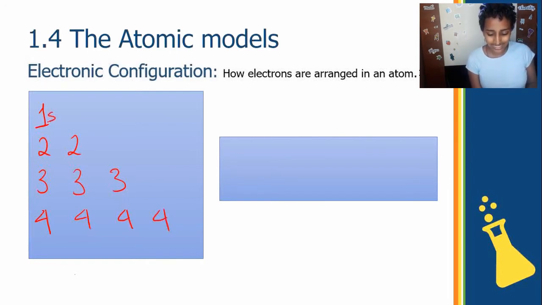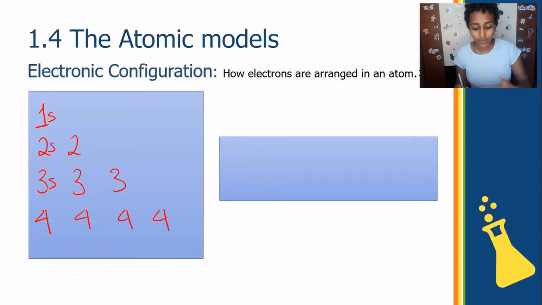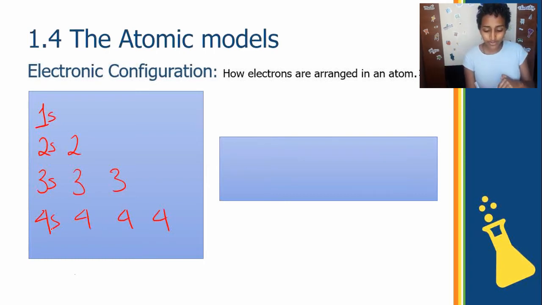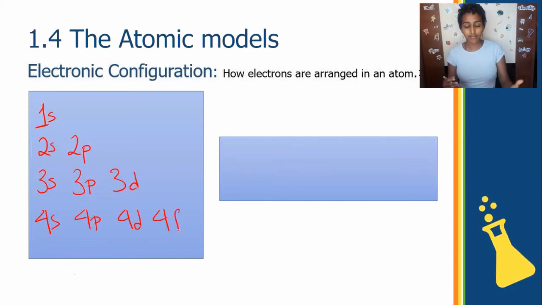Remember, you recognize S as the sublevels. If you look back at the previous table, I'm just writing it in a new way. We know that each energy level has the sublevel S. We know the second, the third, and the fourth also have the sublevel P, so I'll write that P down here. And we know the third and the fourth also have the sublevel D. We know the fourth additionally has the sublevel F.